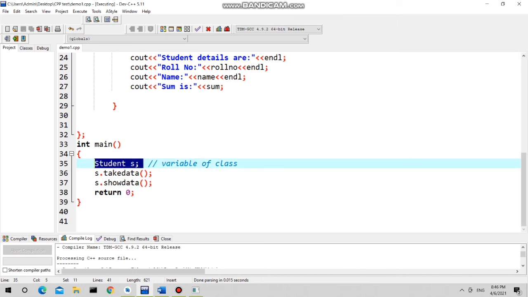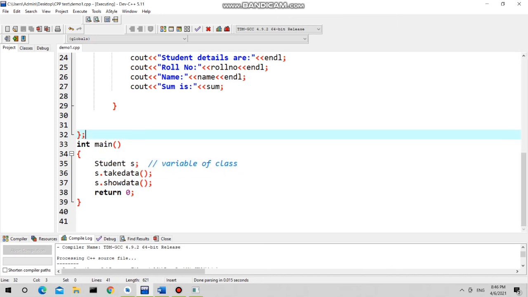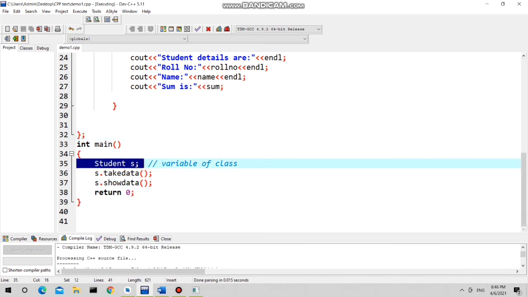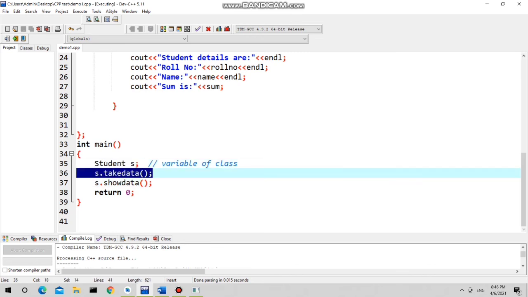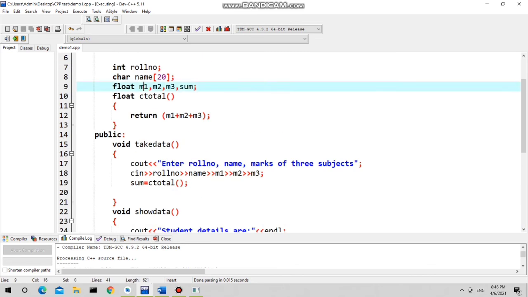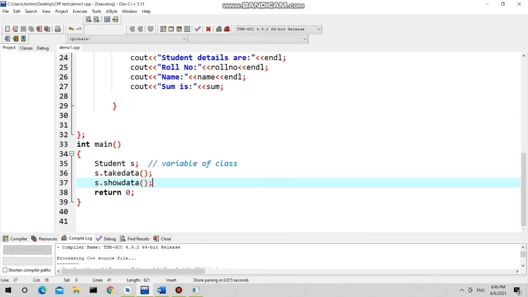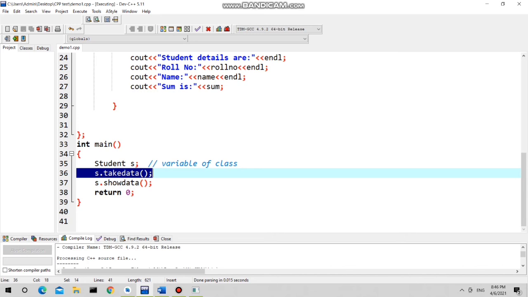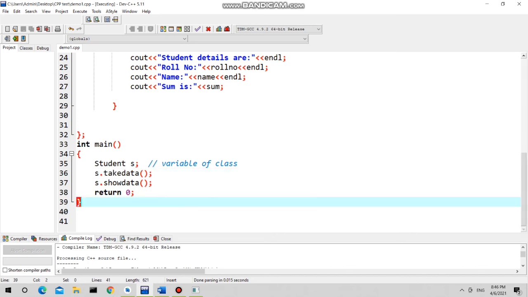The compiler won't allocate memory to your class, the compiler will allocate the memory to the object. At this point the physical memory will be allocated to your object. Now you can't access c total, m1, m2, m3, sum, name and roll number inside main because they are private. You can call take data and show data here because they are public. So that is the C++ program.